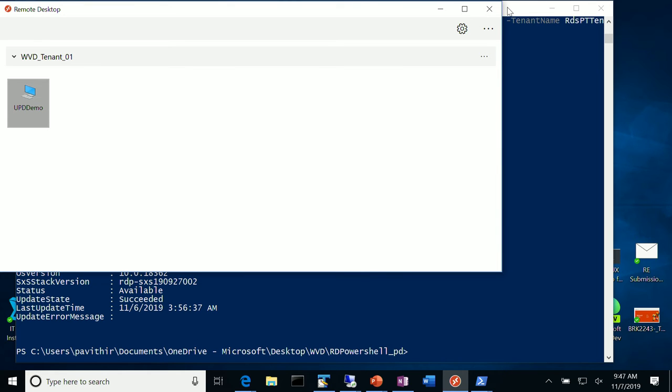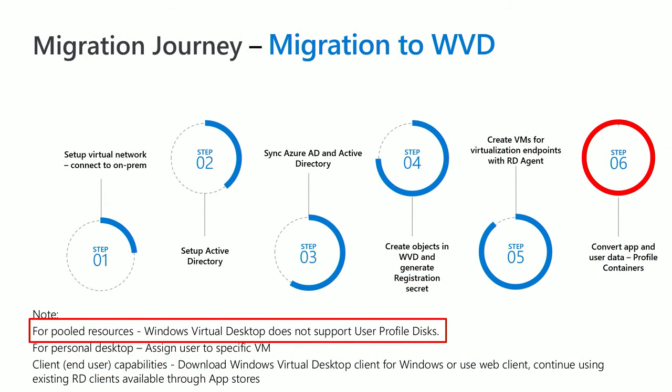So that's it, actually. If you want to use this as part of your conversion and you want to parallelize the conversion, you can definitely do so because the PowerShell script is re-entrant. So you can use it in your automation and parallelize it. I'll have more information on exactly how you get access to it later. So now that you've converted your app and user data to profile containers, your pooled resources should be unblocked, and your users should be able to use them.